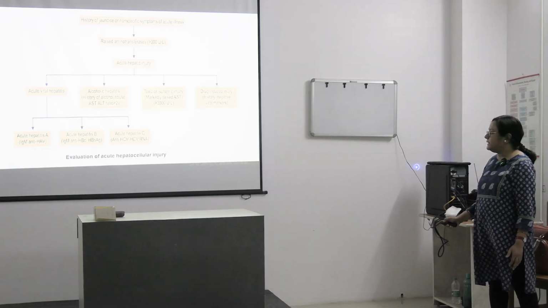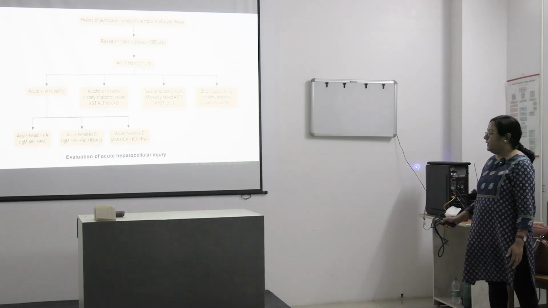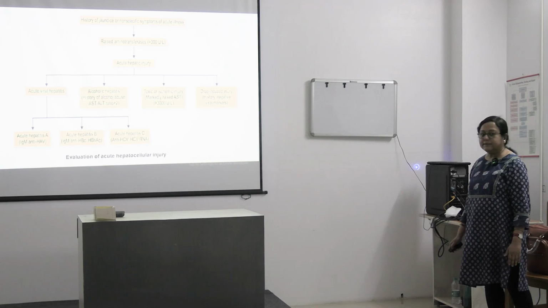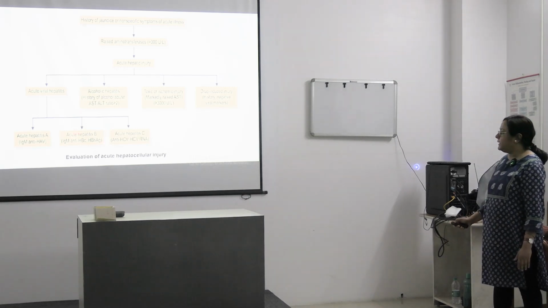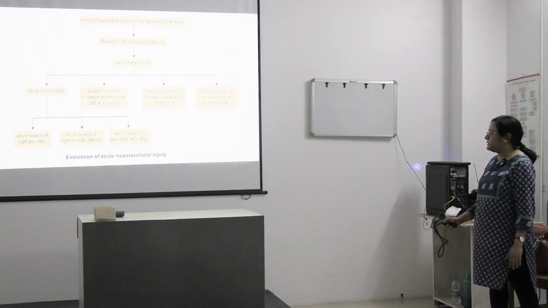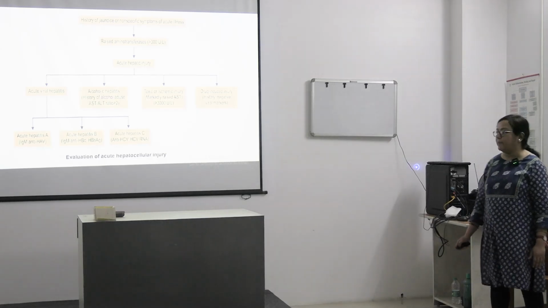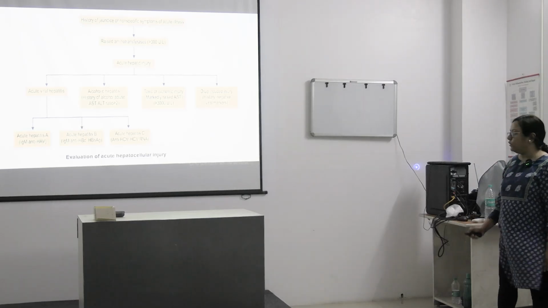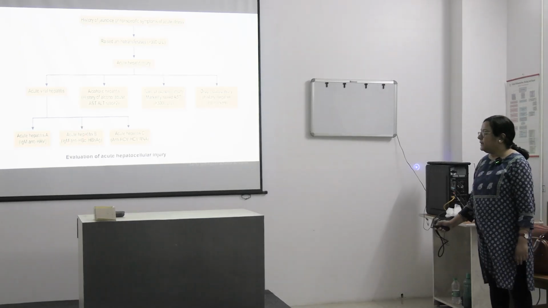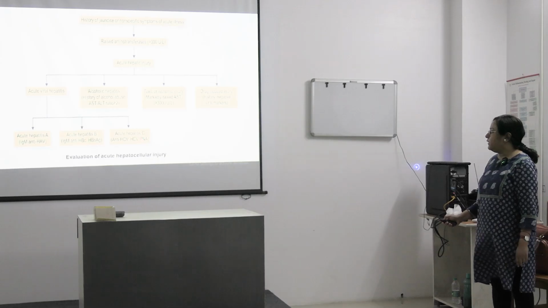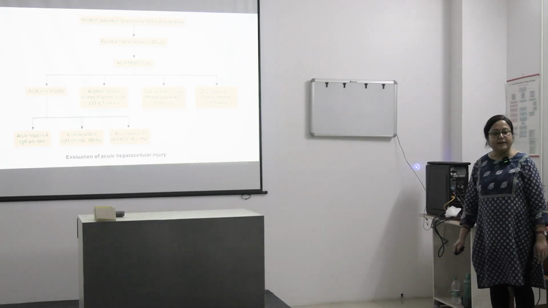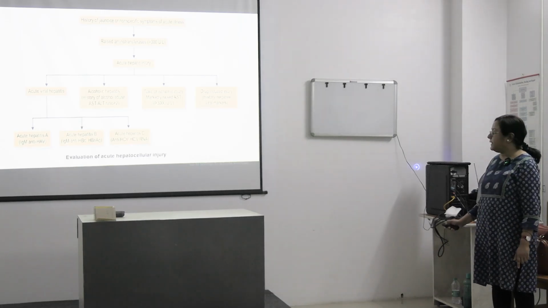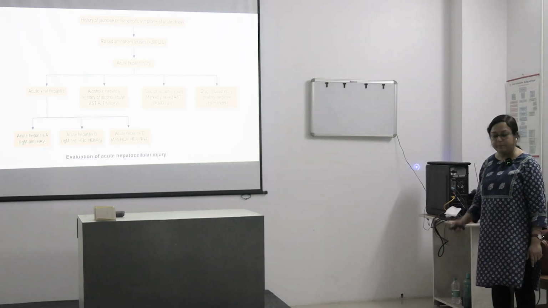So in those cases, like in hepatitis A, we will do the IgM of anti-hepatitis A virus. For acute hepatitis B, we will do these two tests: HBsAg, surface antigen of hepatitis B, as well as IgM, immunoglobulin M, anti-hepatitis B core antigen. And for hepatitis C, we will do anti-HCV, anti-hepatitis C virus, as well as hepatitis C virus RNA can also be tested.